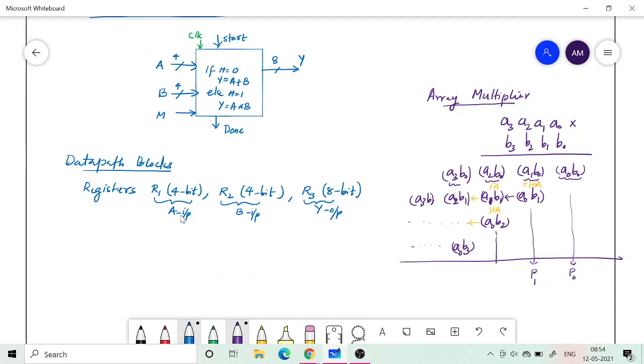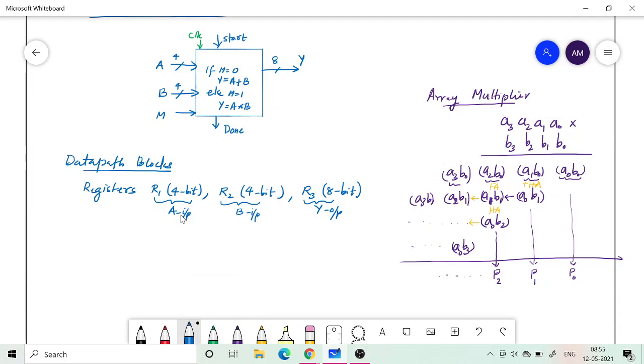If you go back to the digital electronics class, you can see the detailed architecture of the array multiplier, you can look at it. So I'm not going into the complete detail of it. You revise it from your earlier class. So that could be a sub block which could be inside this. Just like an adder is a functional block, you can think about the array multiplier as a functional block.